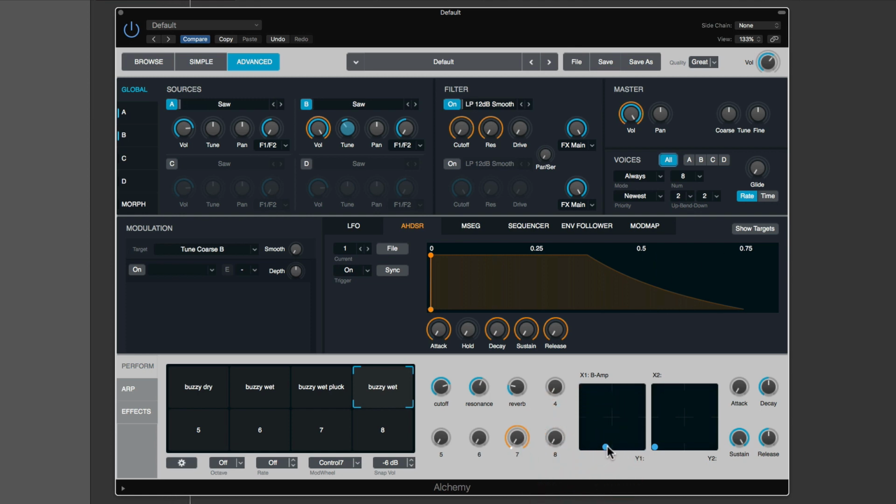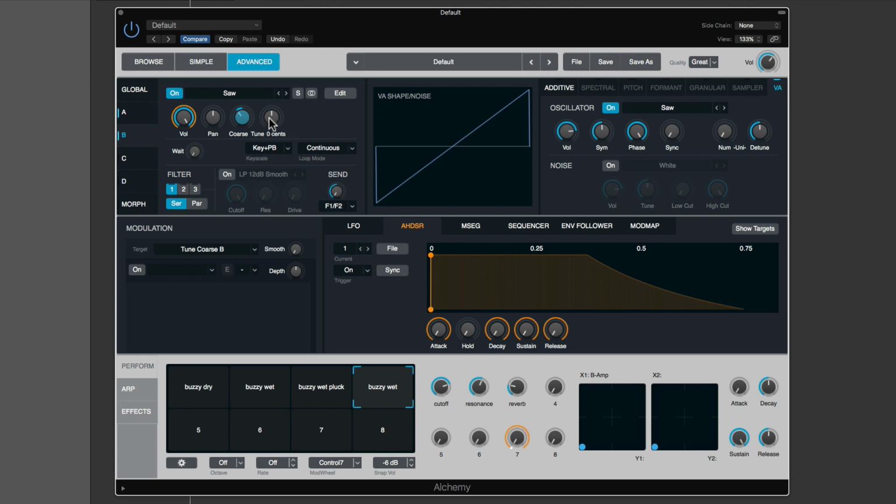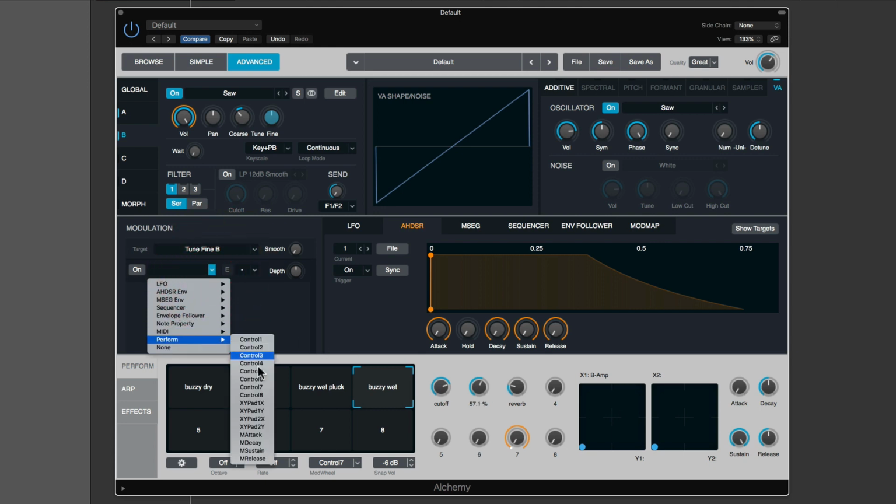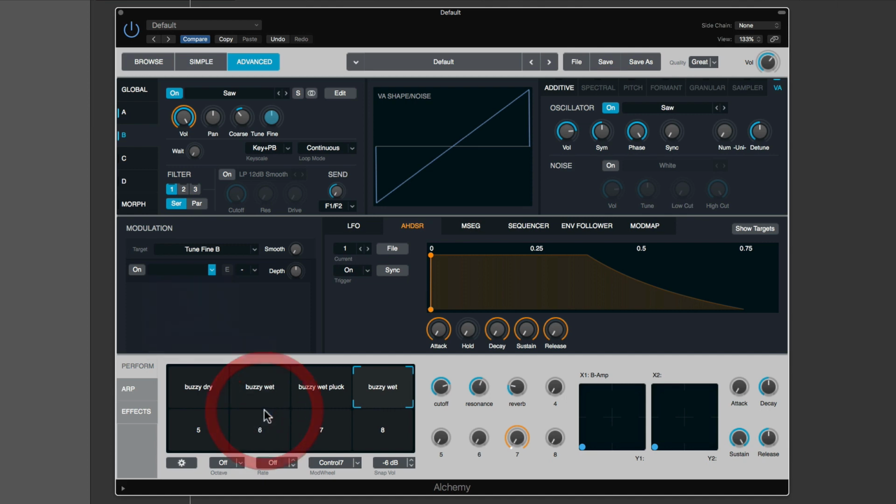Okay. Now the y-axis we're going to assign to the detune for that oscillator. So we go to the second oscillator details where we get access to the fine tuning there, select it, that's now the target, and assign it to the y-axis of this pad. Perform XY pad 1 y-axis. Full depth. Now as I adjust the depth, you see the orange line going around the fine tuning there. So I could roll it back a bit so there's not much range, and then bring that round,